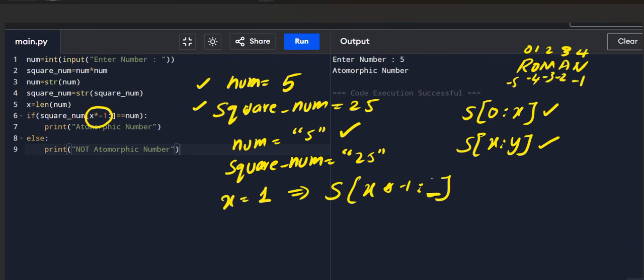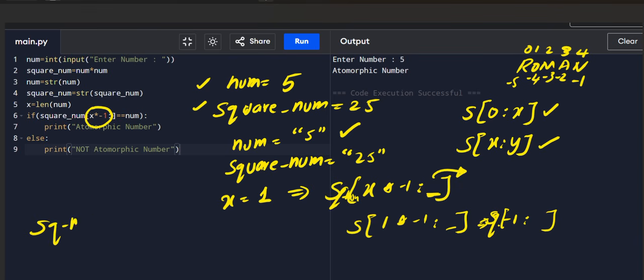Now what I am doing, x is 1, so x into minus 1 colon, I am writing nothing. So by default it takes till the last index value. So my x value is 1 into minus 1 colon nothing. So it is minus 1 colon till the last index. I am doing string slicing for square of the number. Square number minus 1 colon till the last index gives me, since in square 25 is stored, 25 is a string now, so minus 1 and minus 2.